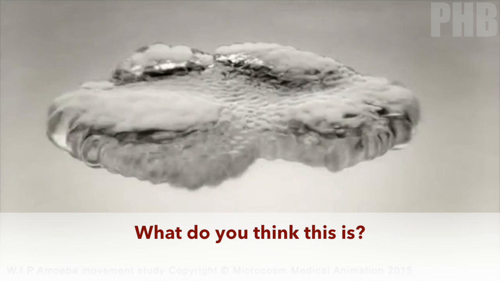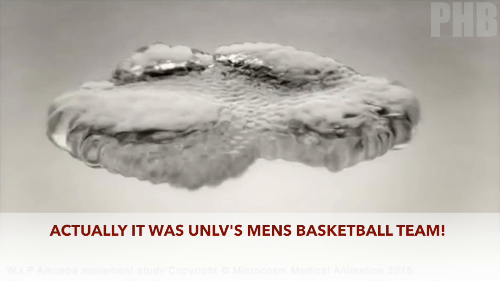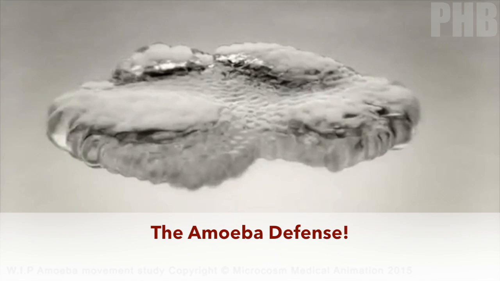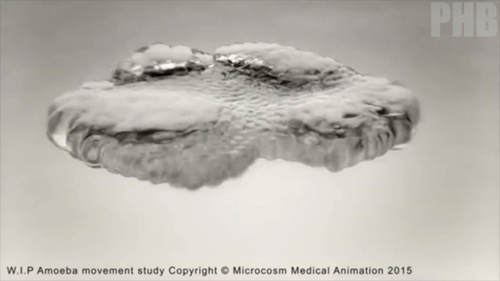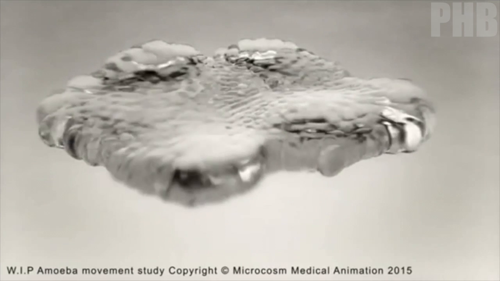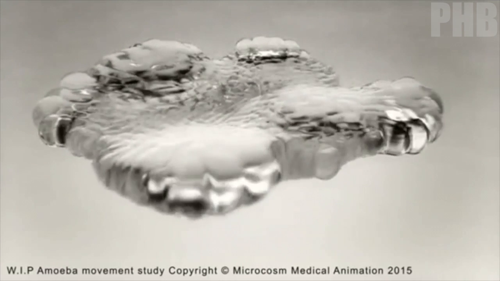And I remember growing up, there was a sportscaster who used to talk about one of the professional basketball teams, and the type of defense they used was a smothering kind of defense that was kind of like an amoeba. So they used to talk about this as being an amoeba defense. And so this, in case you hadn't guessed it, is a video of an amoeba, which is a microorganism which